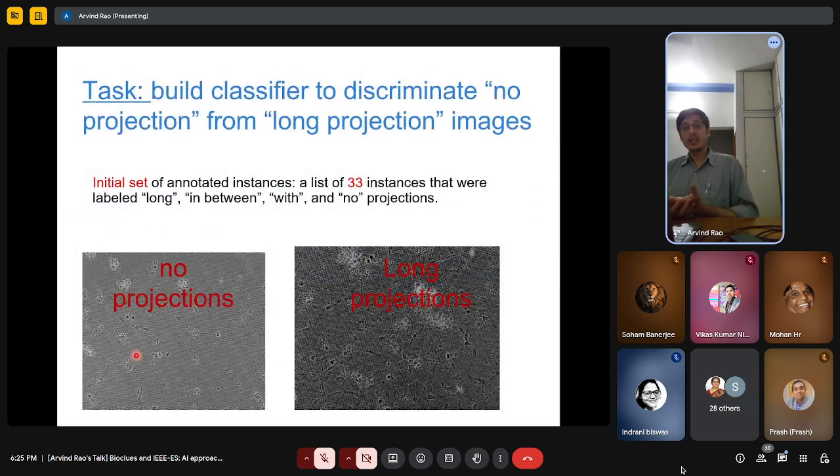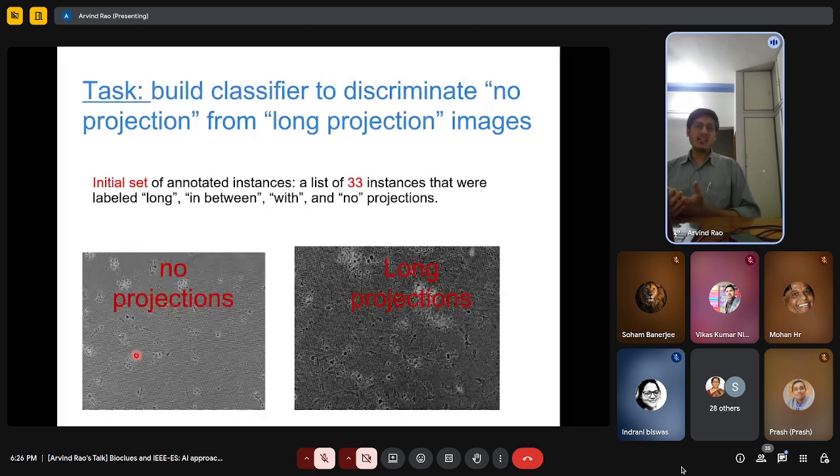And what is the point? I want to be able to build a classifier that will be able to look at an image and tell me whether it is in the mesenchymal category or in the epithelial category. So typically the cells will be mesenchymal, but we want to look at those images that are in the epithelial category, right? So the ability to call these two morphotypes is key in the design of the classifier.